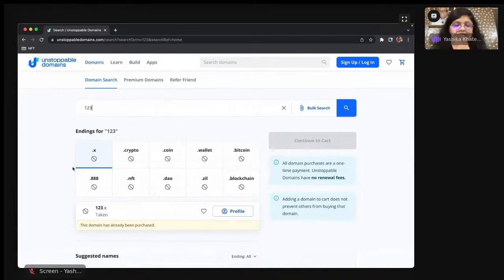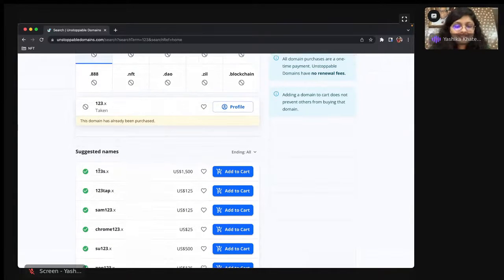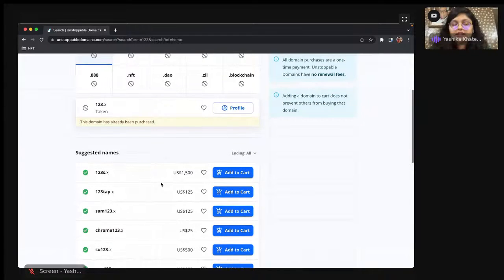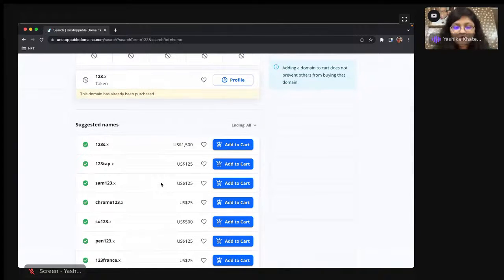See, 123.x, .crypto, .coin, everything is taken in this. But it is giving me suggestions. If you see, if I do 123s.x, it is $1,500. Good thing here in Unstoppable Domains is that even if you don't have crypto, there are